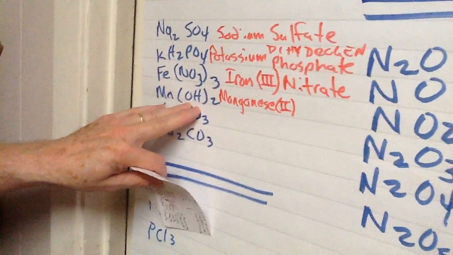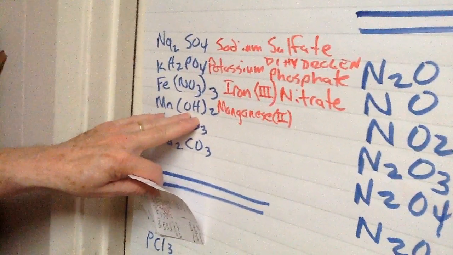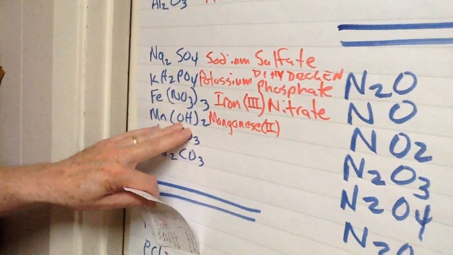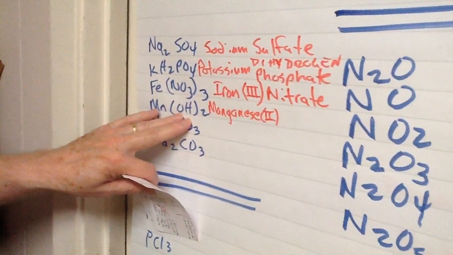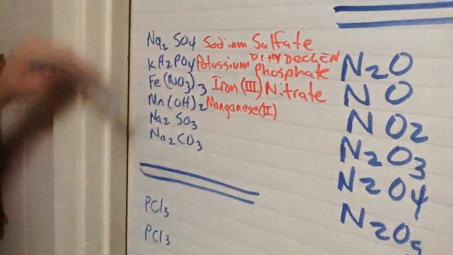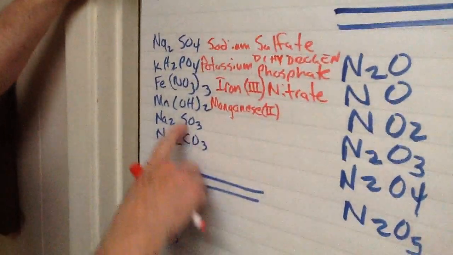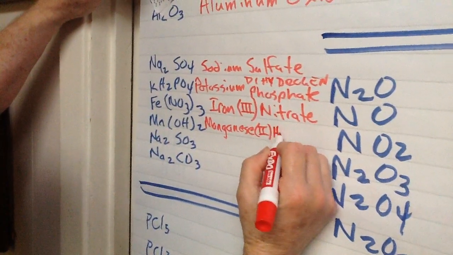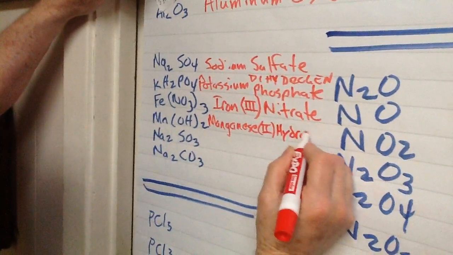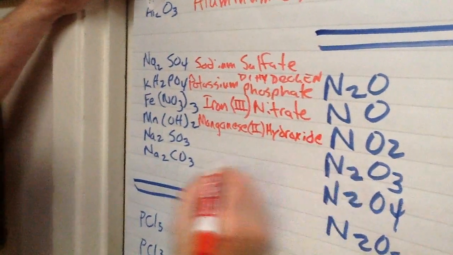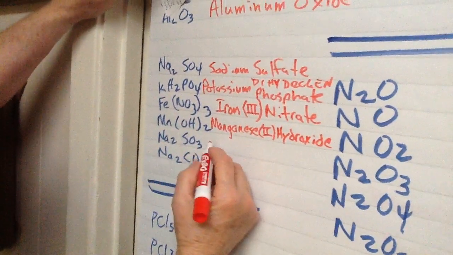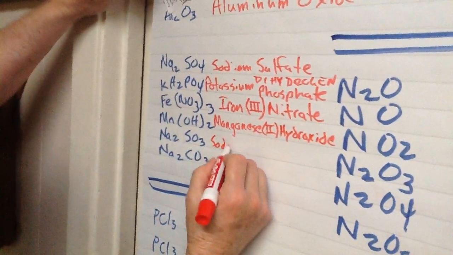It's an oxyanion, but it's named hydroxide, so it doesn't have an ate or an ite in it. But it's what constitutes a base. If you produce OH, you're a base. We will be getting to acid-base discussion soon. So this is manganese 2 hydroxide. Then the last 2 are simple group 1 metals. There's never any doubt. This is sodium